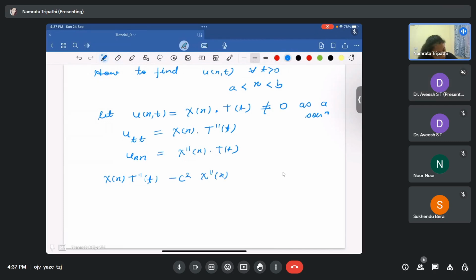I will learn about this separation of variable method in your lecture series. Maybe after week 9, you will get this method, how to proceed. Now you can divide by X(x)T(t), because this expression is not equal to 0. Then you will get